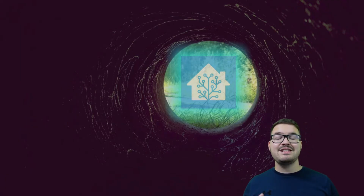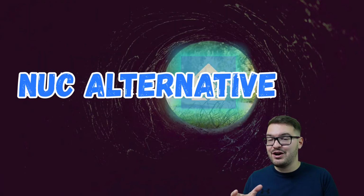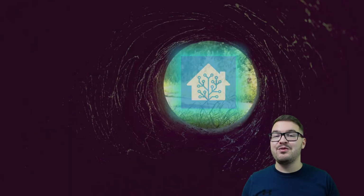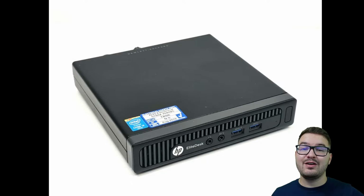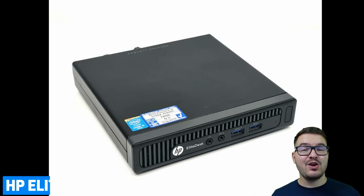One common bit of hardware that the HomeAssistant community seem to recommend is an Intel NUC. We're going to be having a look at an alternative that's cheaper than a NUC, but it's going to give us more power than the Raspberry Pi, and we're going to be setting it all up within a virtual machine in Proxmox. For our NUC alternative today, we're going to be installing HomeAssistant on one of these, which is a